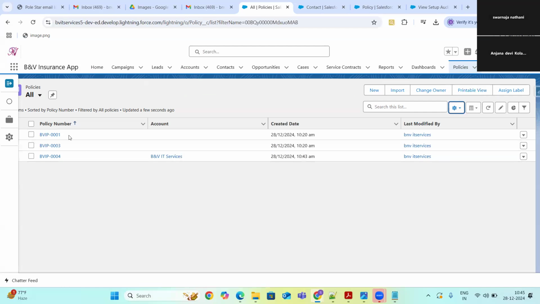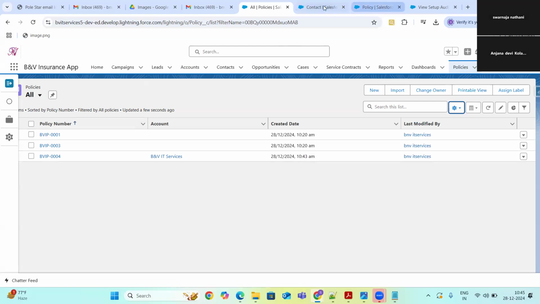This shows when it is created and who last modified it. We have three records under policies, B and B IT services. Be careful, guys. Now, what I'm going to do is delete B and B IT services, and you just observe what happens to these policies.